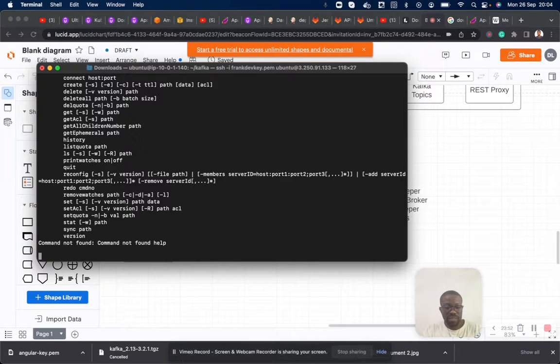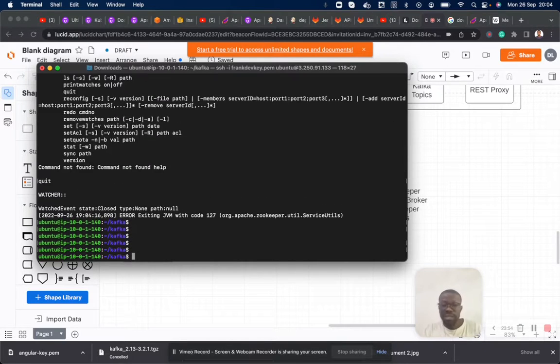At first, let's look at the four-letter words. Let me quit. This is how you get the four-letter word. I want to know if Zookeeper is alive, so we use a four-letter word. I can say echo srvr, because I want to get the server information. Then I'm going to use a tool called netcat, nc, with localhost and the port which Zookeeper uses to communicate.